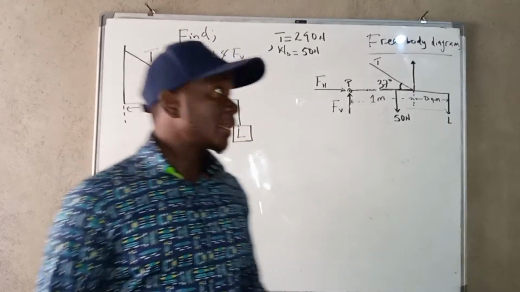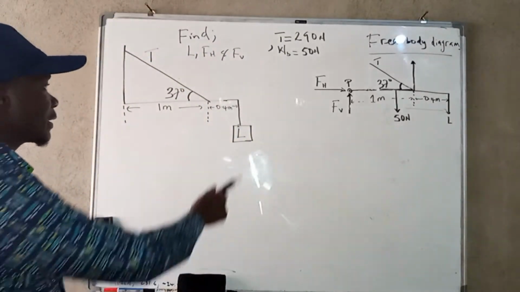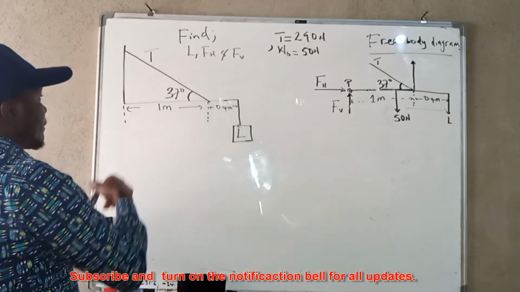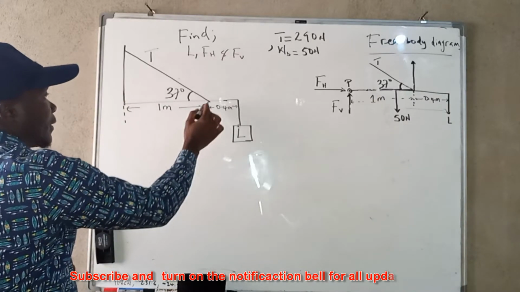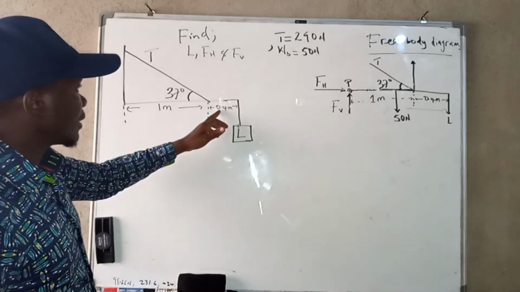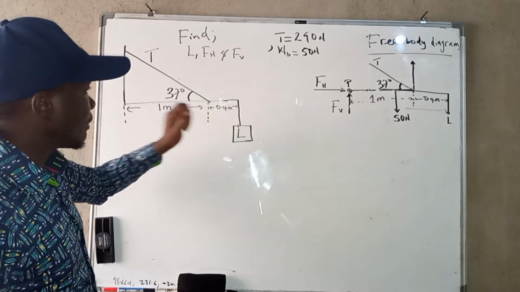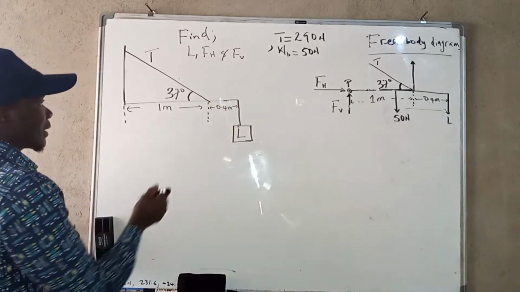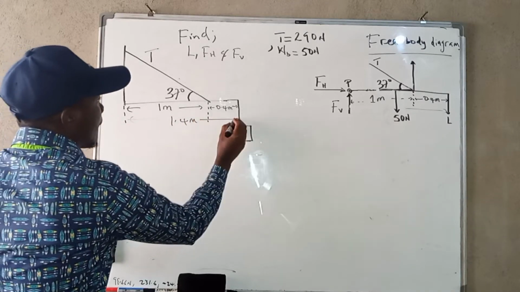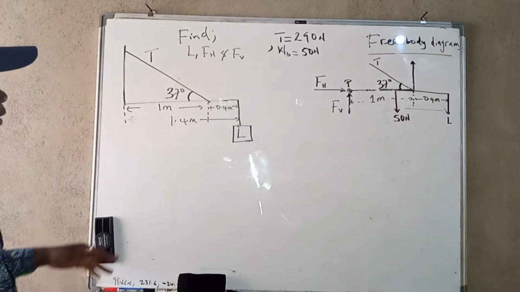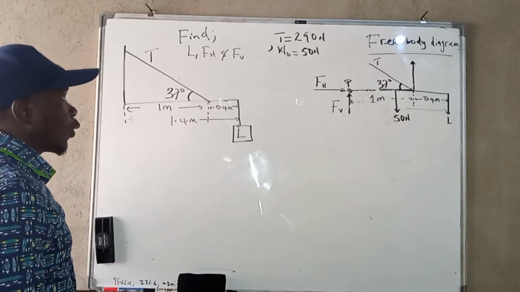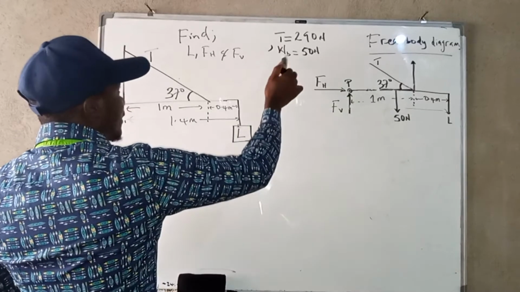Welcome. In this video, we're going to look at an example question where we have a load that is being supported by a tension at this distance from the fixed point here. The distance is 1 meter, and then we have 0.4 from this point to this point, meaning the total length of the beam is 1.4 meters. This is a uniform beam having a weight of 50 newtons. So the weight of the beam is 50 newtons, and then the tension is